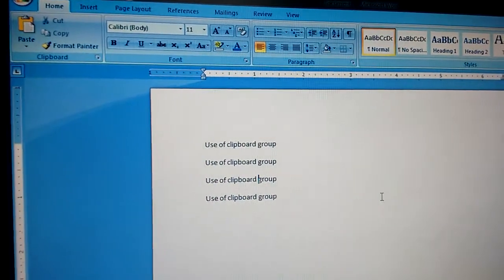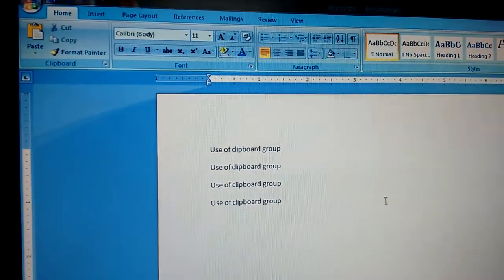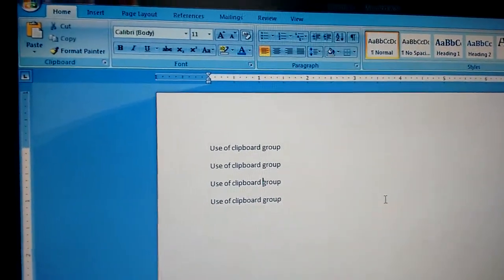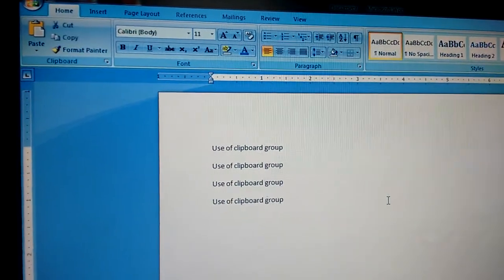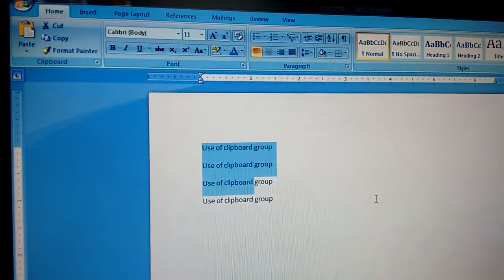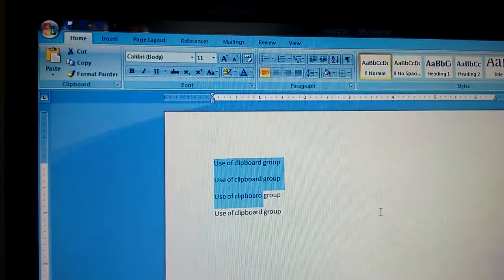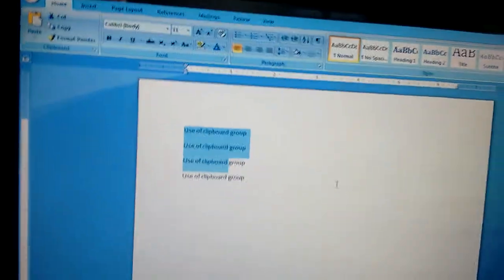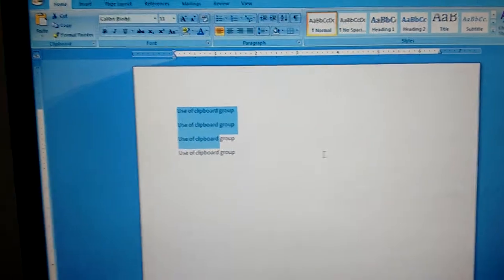Now see, your cursor is on the third line and you want to select up 2 lines. So you press and hold the shift key and press the up arrow key. Text will be selected upside. So this is the method to select the text. We can select the text by using the mouse and by using the keyboard.